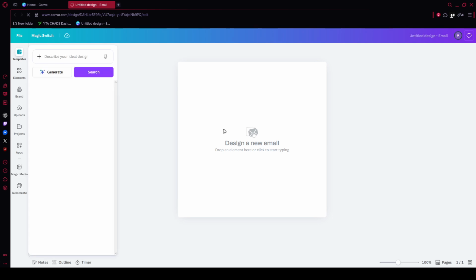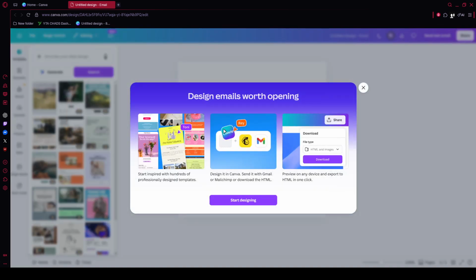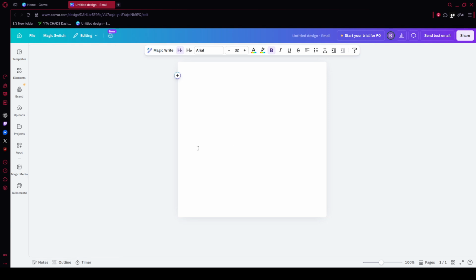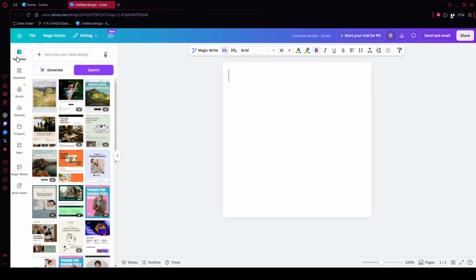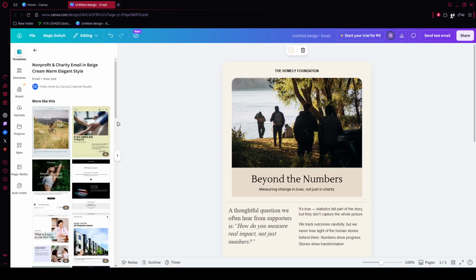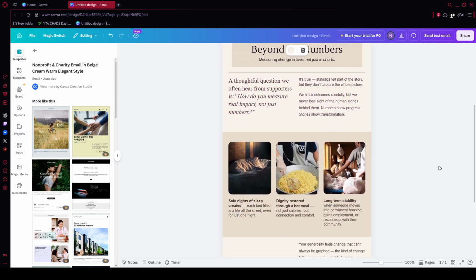Once your blank canvas opens, it's time to choose a template. On the left-hand sidebar, click the Design or Templates section. In the search bar there, enter a phrase that fits the kind of newsletter you want to make, such as a weekly business update, a product roundup, or a simple corporate newsletter. Browse through the options and pick one that matches your brand style. When you click it, the template will be placed directly onto your canvas, giving you a ready-made structure to work